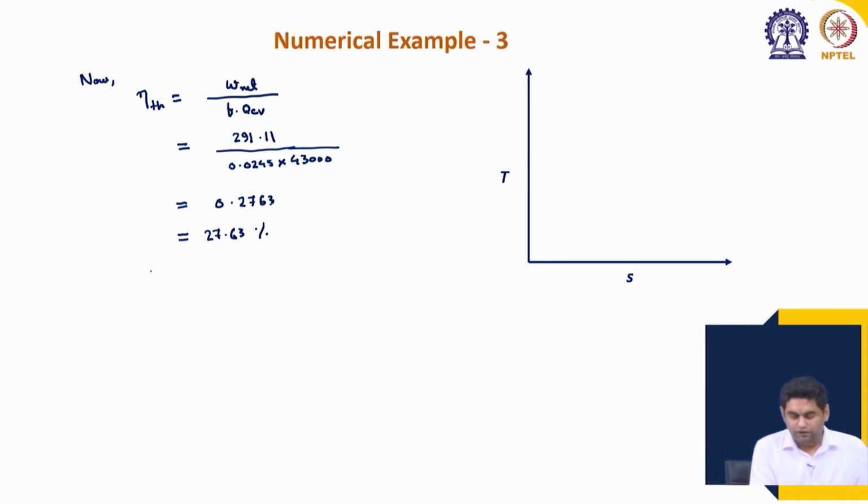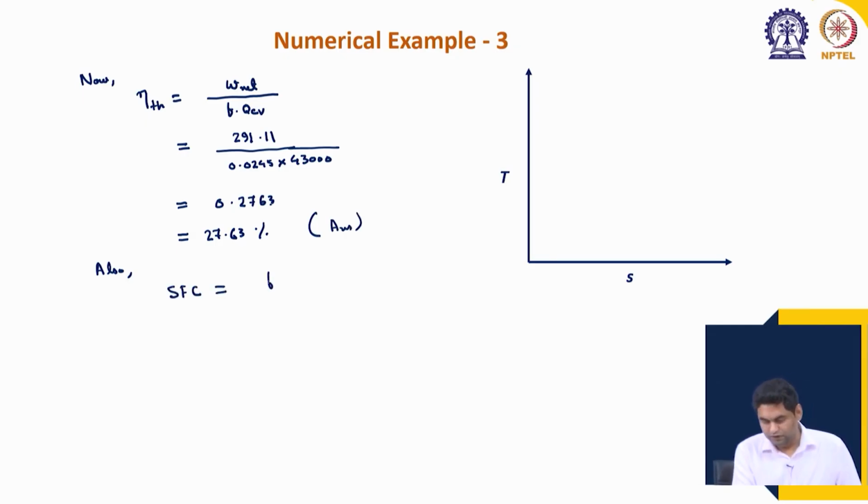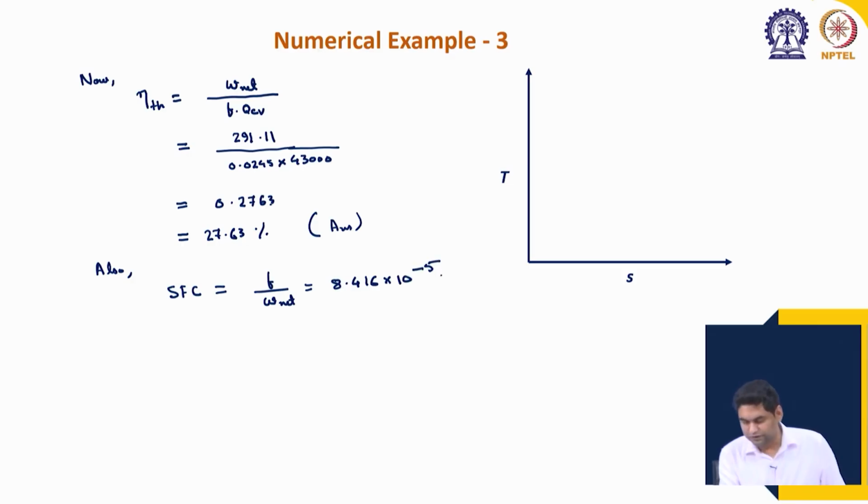So, finally, we get the value of specific fuel consumption. This is another answer, which is equal to F by W net. This comes out to be, again remember, in normal units a very small value, because it is per second fuel consumption, very less, kg per second per kilowatt. We convert it to per hour as we have already discussed,